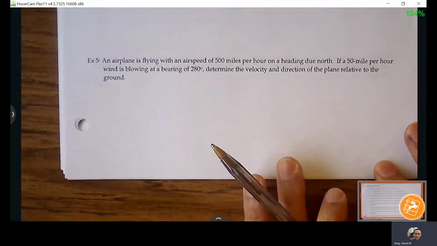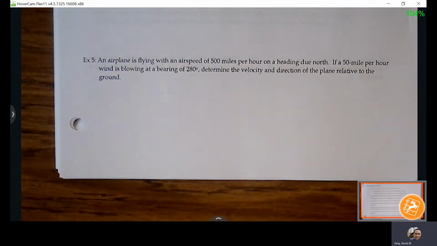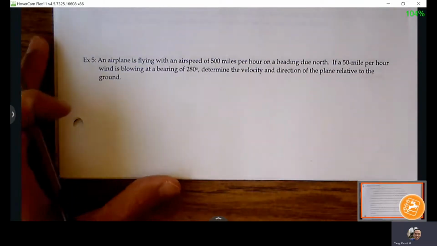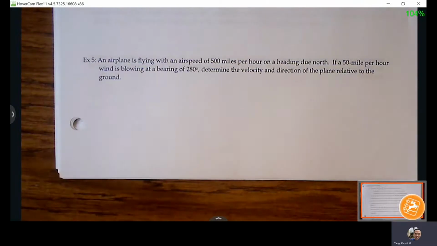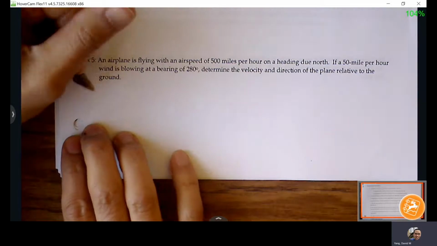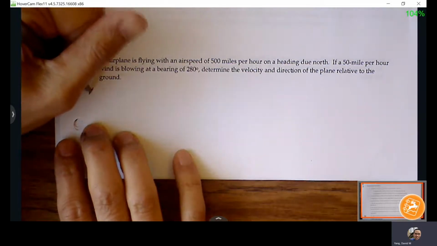Example 5 says an airplane is flying with an airspeed of 500 miles per hour, heading due north. If a 50-mile-per-hour wind is blowing at a bearing of 280 degrees, determine the velocity and direction of the plane relative to the ground. We're going to be playing with this equation a bit. Some of the more difficult ones are ones where it's not arranged in a way that we would expect. But here's the idea: we can say